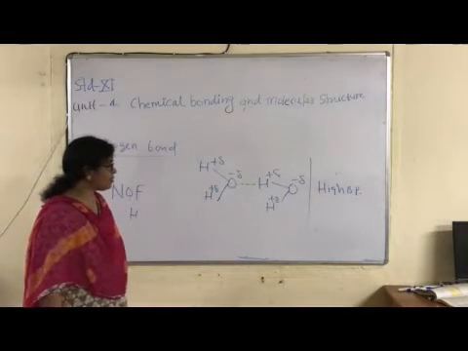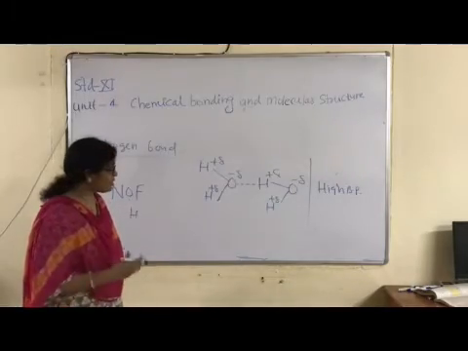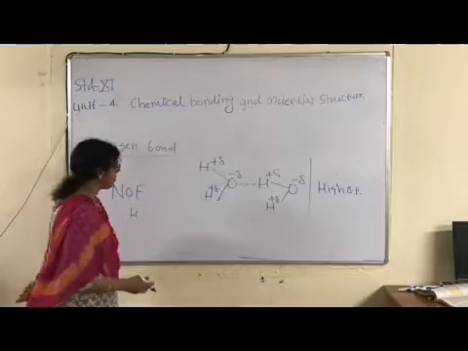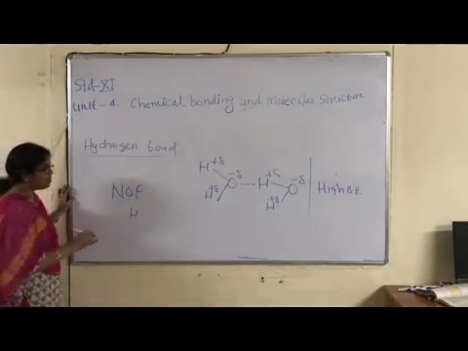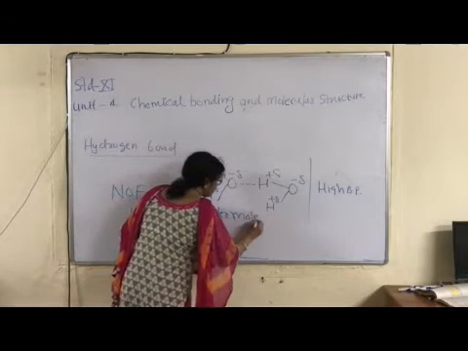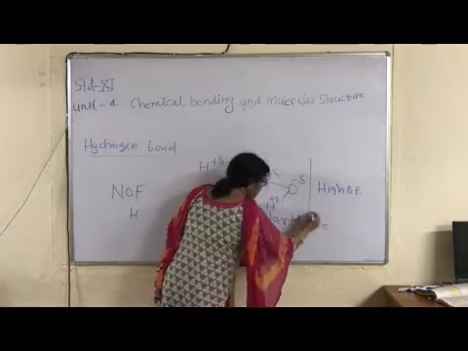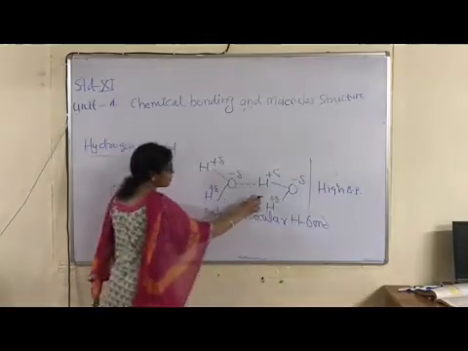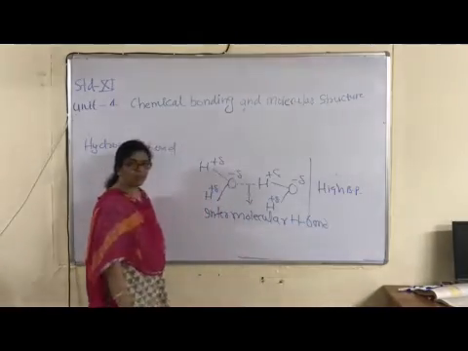Right? Next one, physical state is liquid, non-volatile, right? Presence of hydrogen bond decreases volatility. What is its dominant feature? Non-volatile, which is used as polar solvent. Now, this type of hydrogen bond is known as intermolecular hydrogen bond. Right? Intermolecular. Inter means between two. One molecule of water, second molecule of water. So this is intermolecular hydrogen bond.